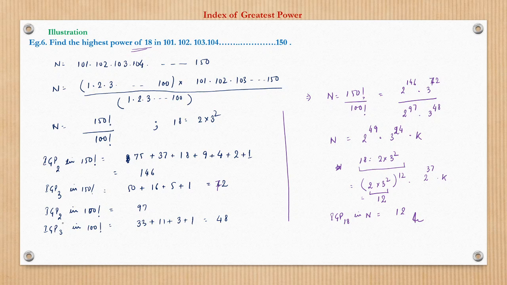See, a few very interesting conclusions we can draw: the higher the number, the lesser would be the power of that. I mean, this is very intuitive also. Suppose in 10 factorial, the IGP of 7 is A and the IGP of 5 is B, so certainly 7 would come fewer times than 5, because 7 is a bigger number.